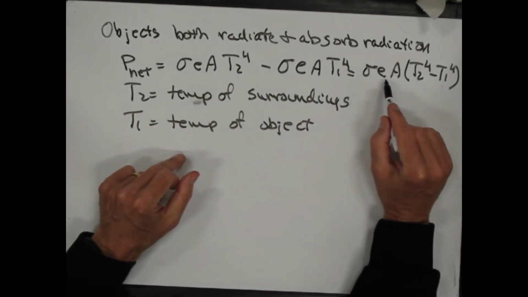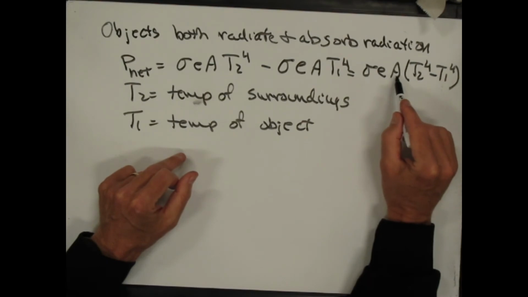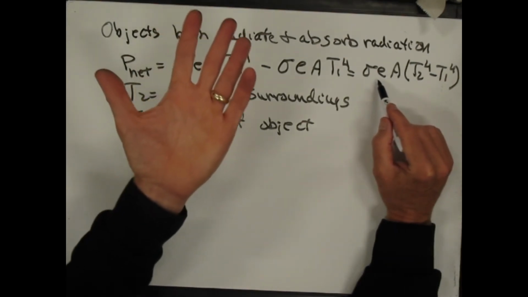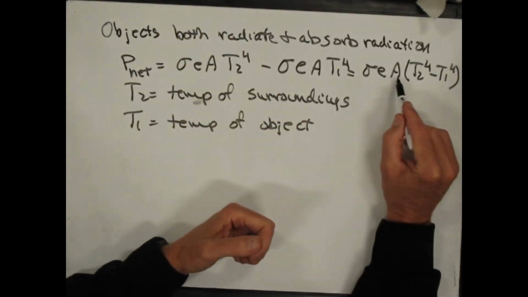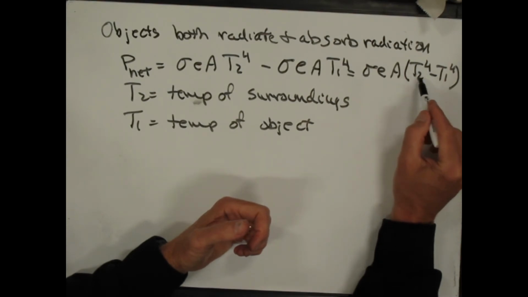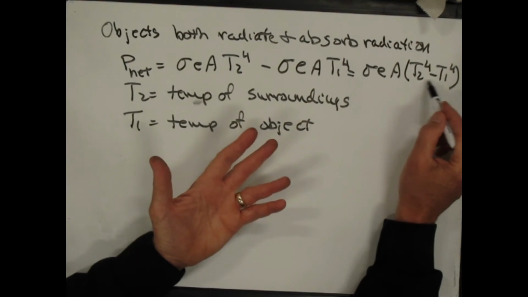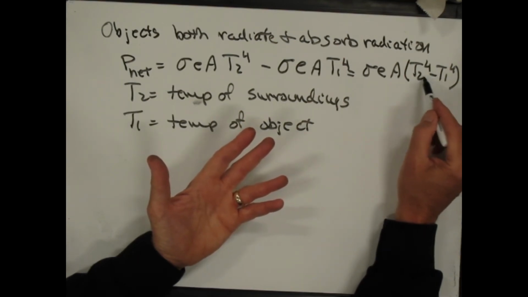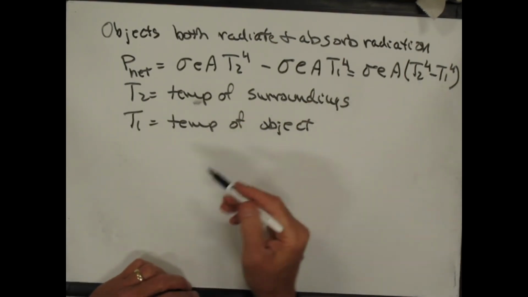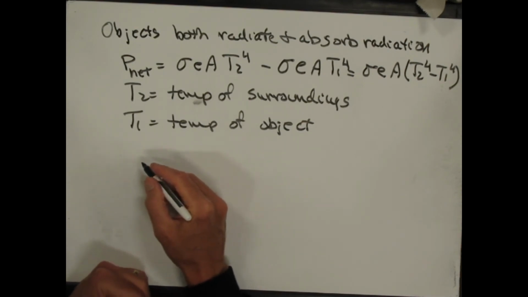You can write it just as this way. You can factor out the sigma epsilon A, because it's always the thermal properties of my hand, and then you can just put T2 to the fourth, which is the surroundings, minus T1 to the fourth. If it comes out negative, that means you're losing heat. If it comes out positive, that means you're gaining heat. And so let's talk about